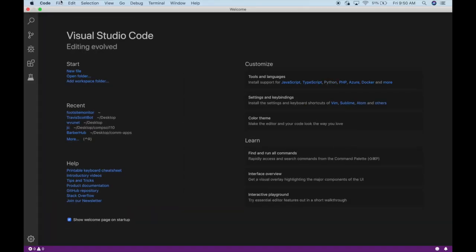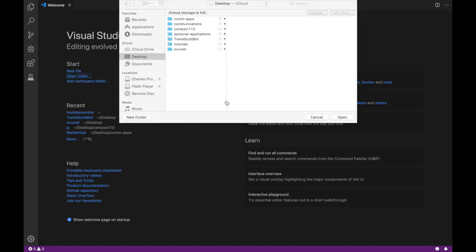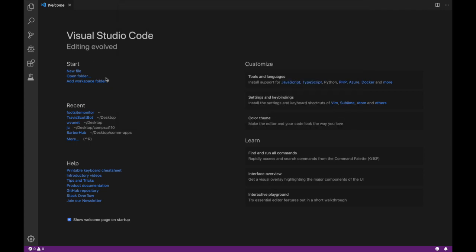All right, so once you have your text editor open, what you want to do is open a folder, and then browse your system and go to your desktop. My desktop's already open here, so go to your desktop, and your project should already be there since we've already initialized it. And as you can see, it's right here,